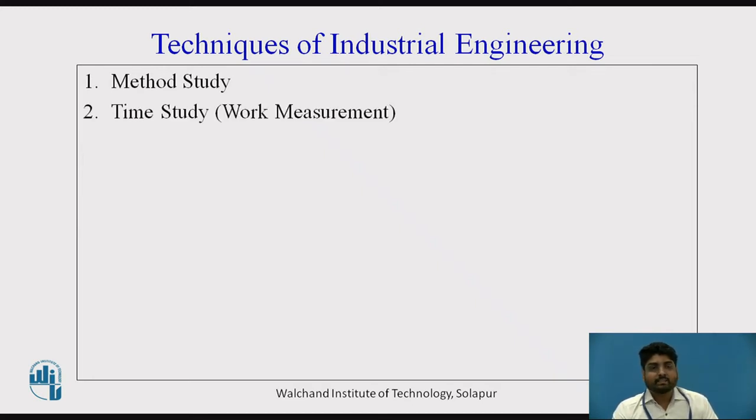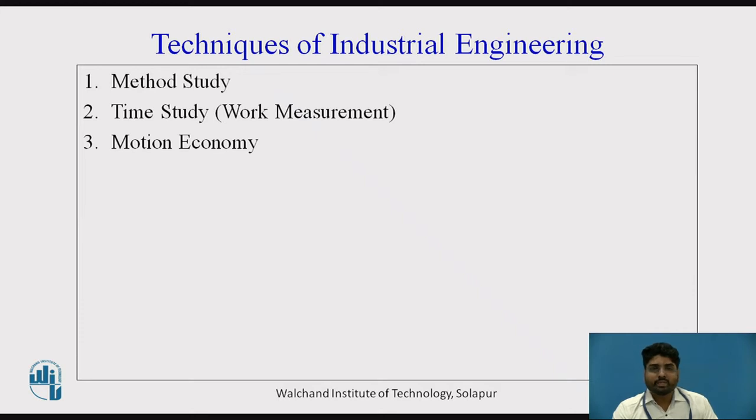So second is time study. It is also called work measurement. This is a technique used to establish a standard time for the job or an operation. Time study consists of recording times and rates of work for elements of a specified job carried out under specified conditions to obtain the time necessary to carry out a job at a defined level of performance. In this technique, the job is studied and timed with a stopwatch, rated, and the basic time calculated.